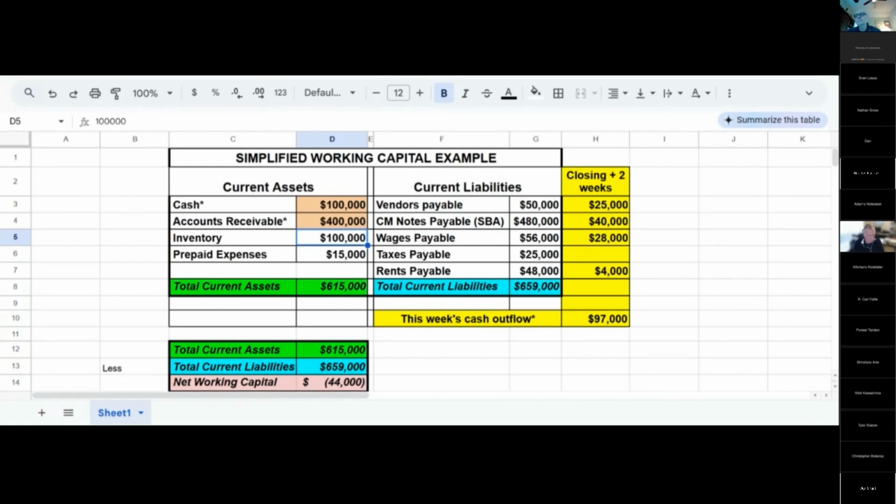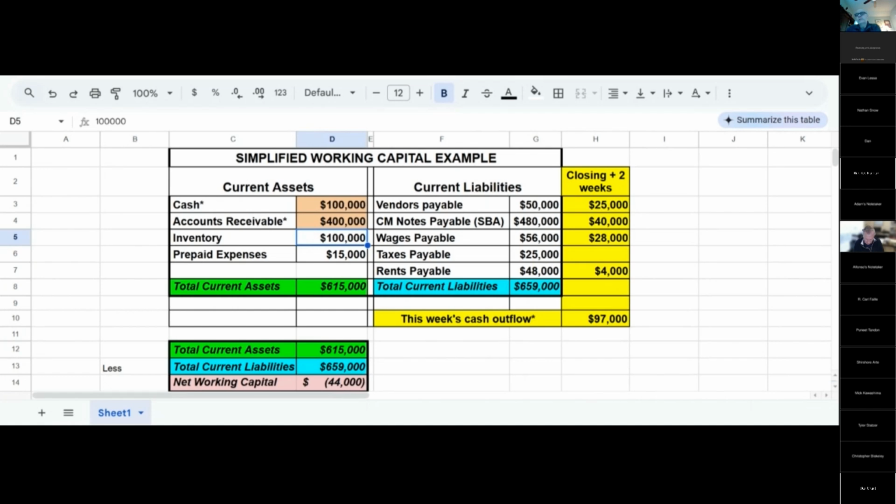Just to expand on what Dan's saying, I'd want to know more about those receivables he's adding in there. Are we factoring in any sort of bad debt? Has that already been excluded from any of this? What's the likelihood that we're actually going to collect on that? You're both right. What if I were to tell you that $150,000 of that 400 are 60 days or more past due? There's a lot of retainage. There's a couple of disputes in there. There's other stuff that you don't even know what it is. That would make you even less comfortable, wouldn't it?